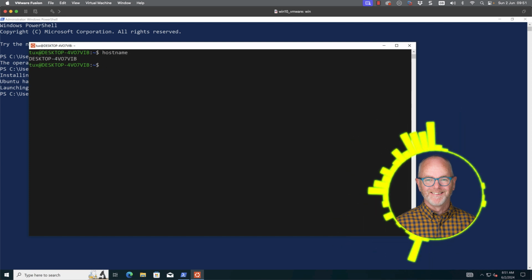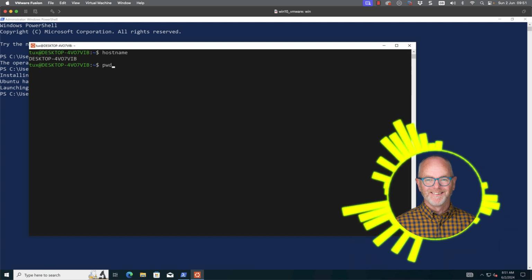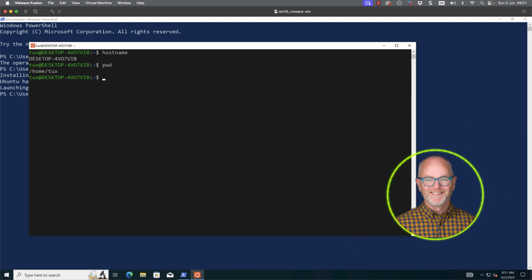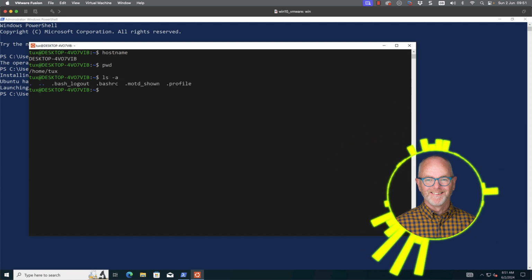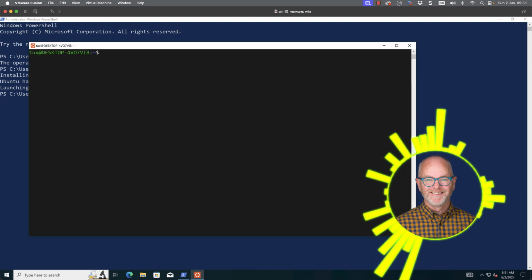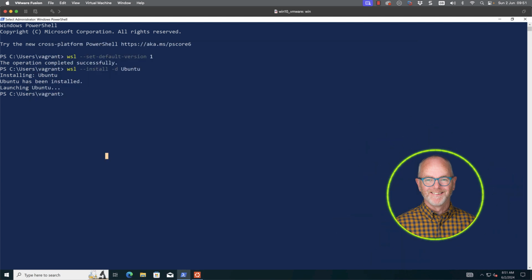We can double check its hostname, but of course our hostname does show on the prompt anyway. We can run pwd to show our working directory, and I can use the ls command to list the contents of my directory. Now I can't do absolutely everything, but I can do most things in this system.